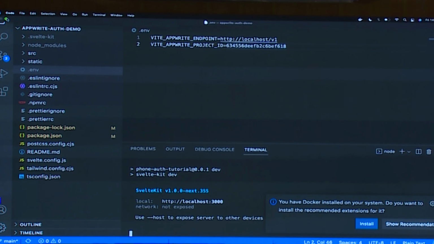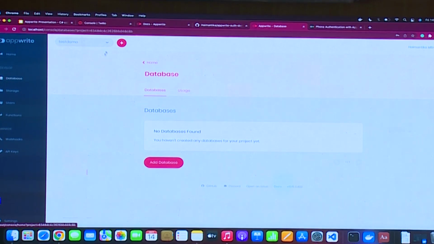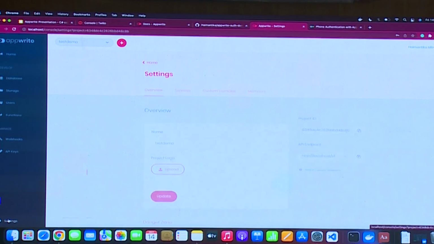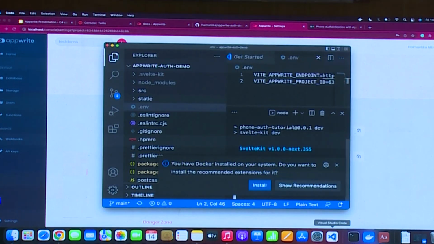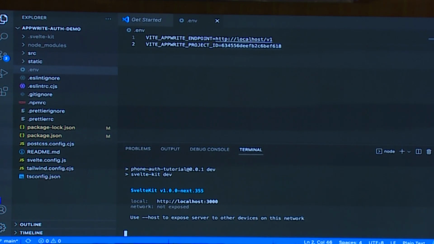To get that, I showed that a few minutes ago. You need to go back to your AppWrite console, and here if you go to settings, you'll see that your project ID and your API endpoint is there. You need to just fill that in your .env file, and after you save it, you're ready to go.